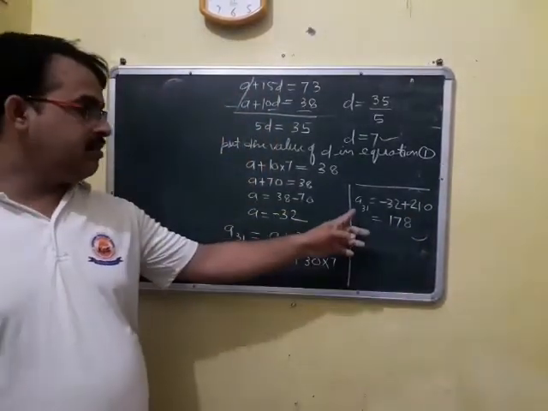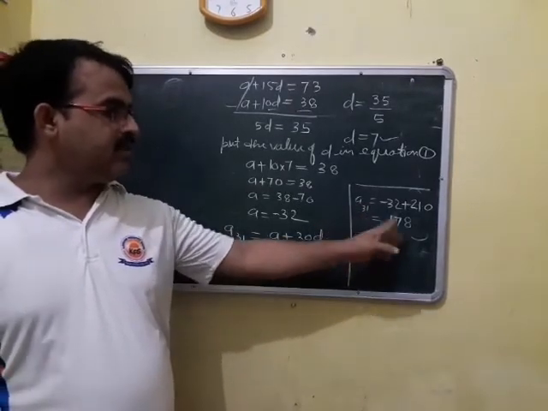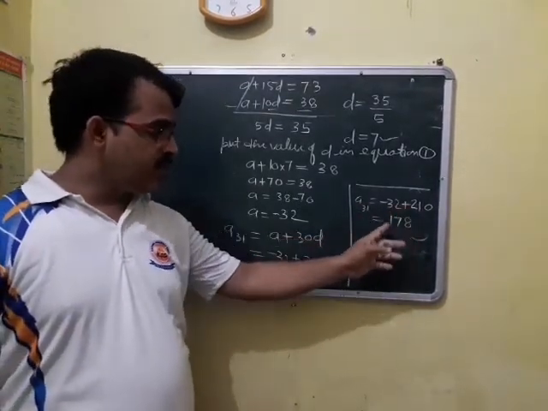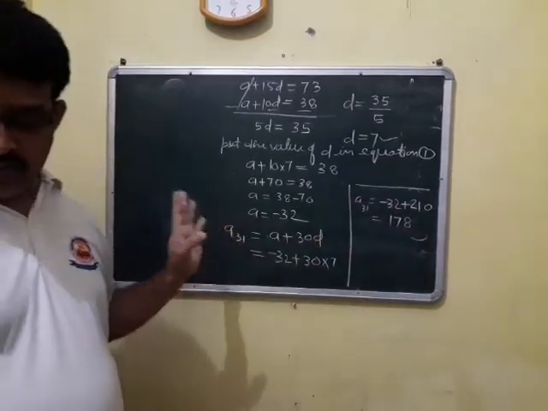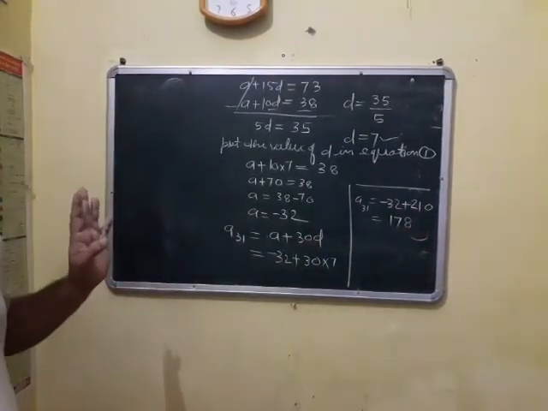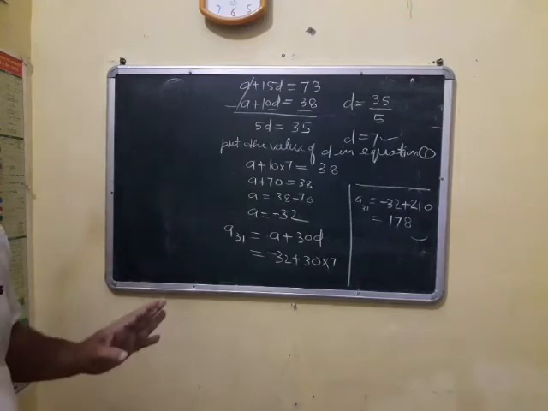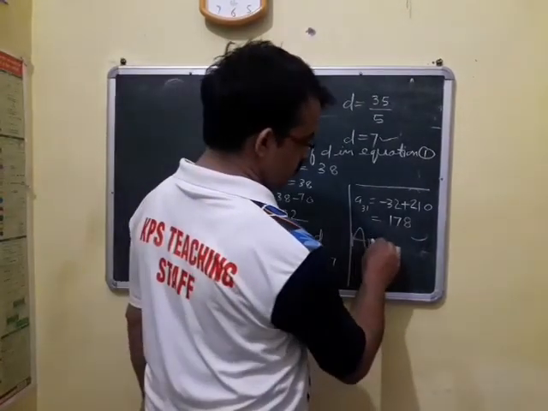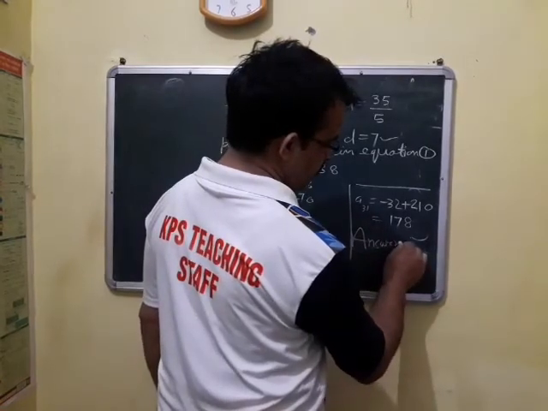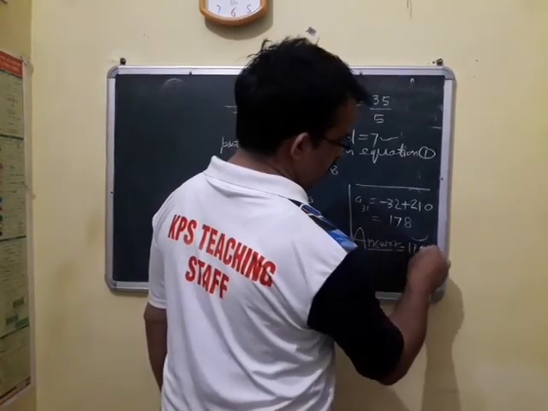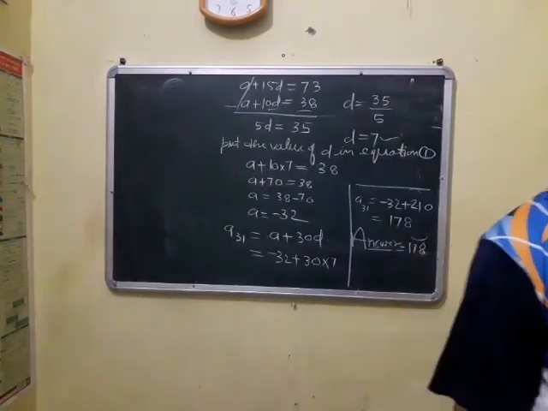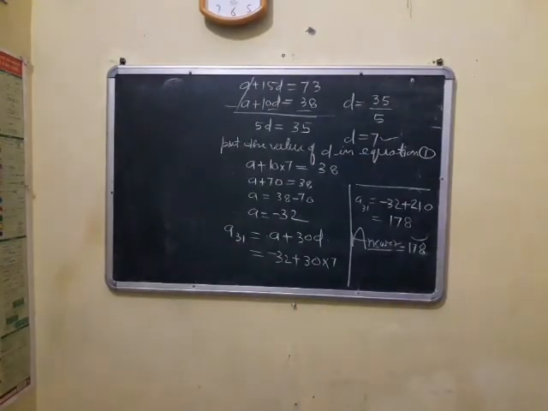The 31st term is 178, and the positive term is greater, so it is positive. This is your answer, clear? Answer is equal to 178. Now we discuss the next question. Your next question is